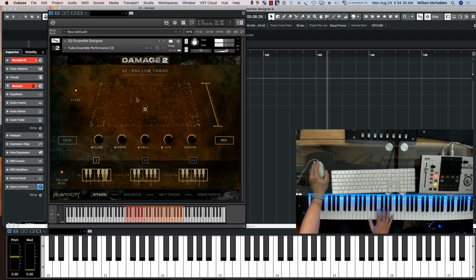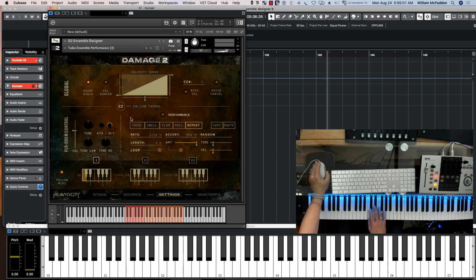So now I'm in the first bank, and remember there's just 3 sounds. So the first bank is going to contain the first sound, which you see is ensemble low taikos. So each key is using ensemble low taikos. Now the reason why this is a good thing to study is because you can go in to each key,